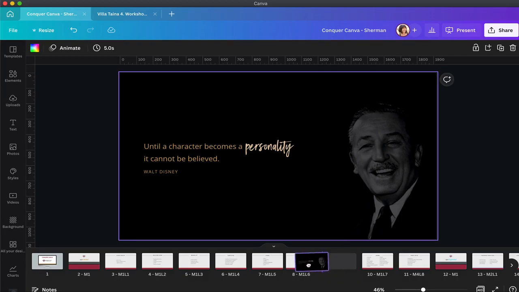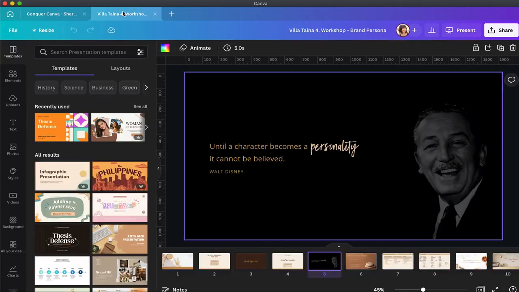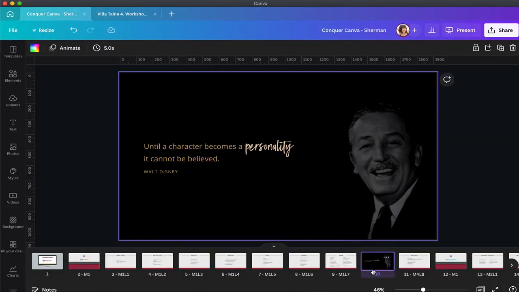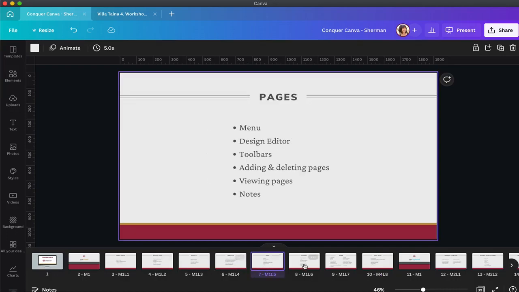But if I don't like it there, I can always just grab it and move it around someplace else as well. So it's super easy, and I can still edit it and everything. It's the exact same page as it was in the other document. Another thing I can do, let me delete this page. Another thing I can do is